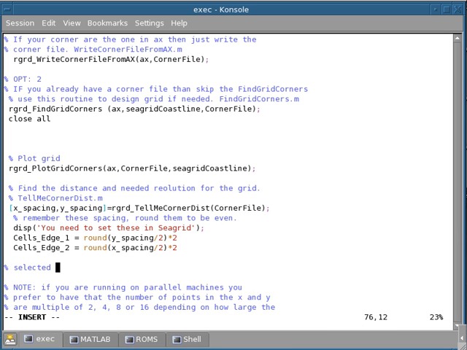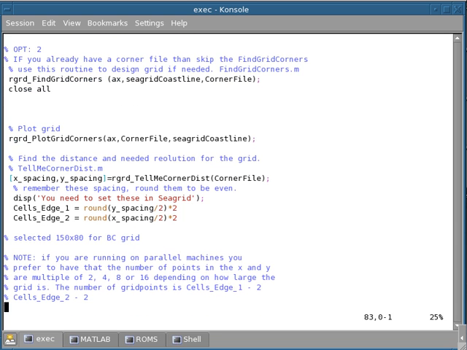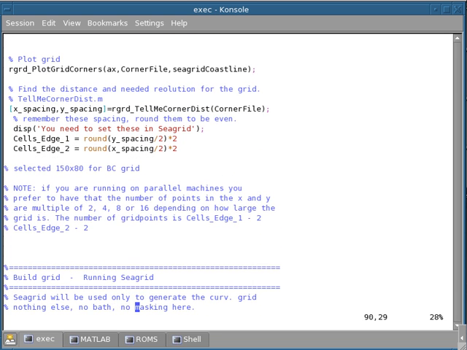Selected 150 times 180. Okay. For BC grid, for the British Columbia grid. Okay, so once I know the number of points, then I go to the next step, and here there's